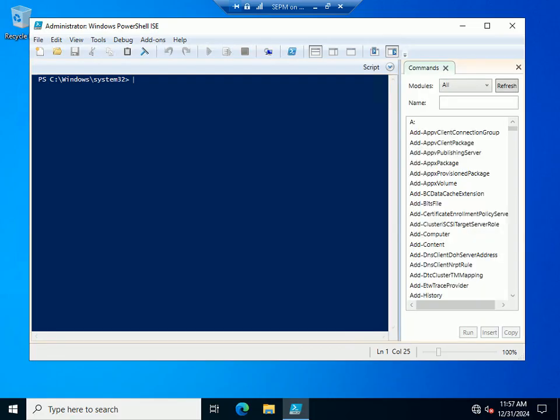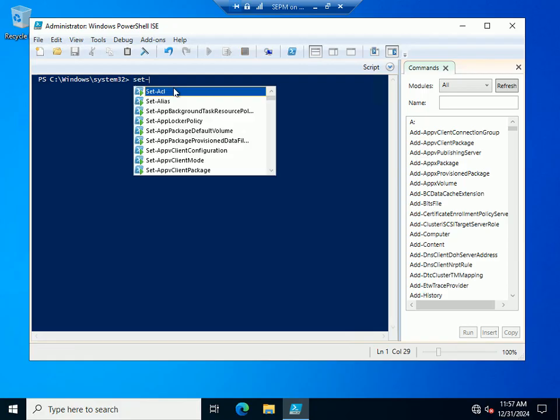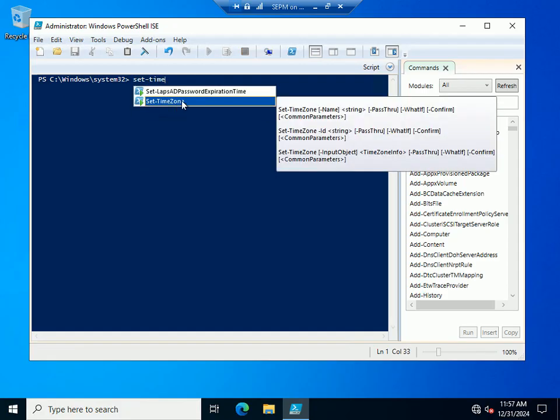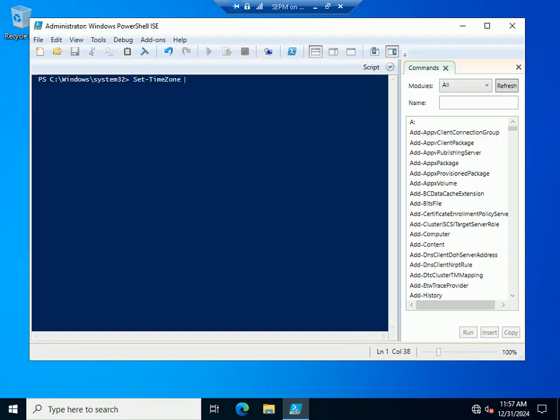Okay, so what is the command? Set-TimeZone. You can see it is auto completing, and then space, and then upper stroke, and you can put in India Standard Time